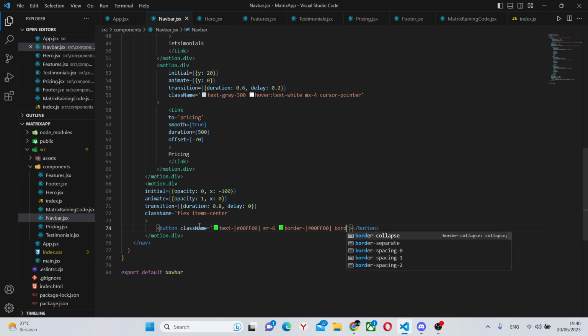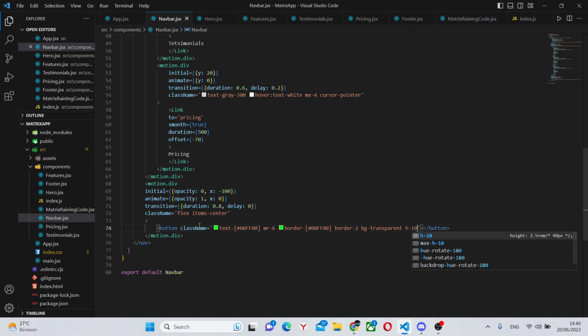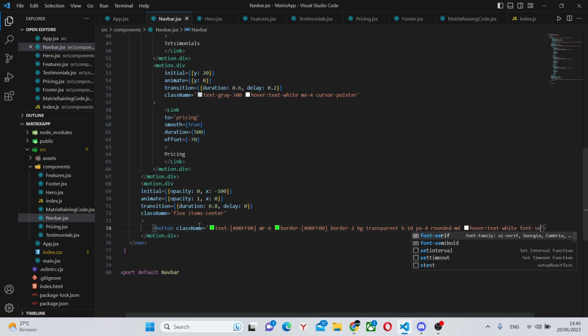Next we can have a border-2, bg-transparent, h-10, px-4, rounded-md, hover, and text-white, font-semibold.